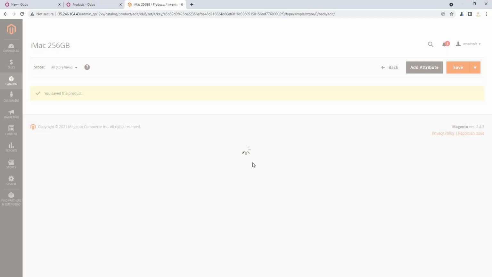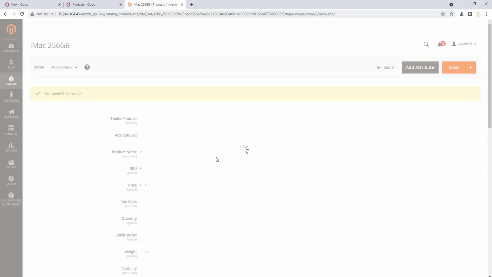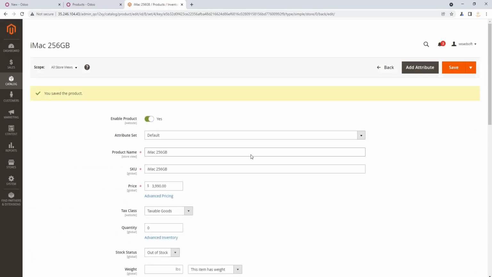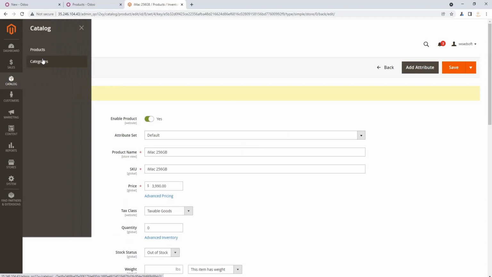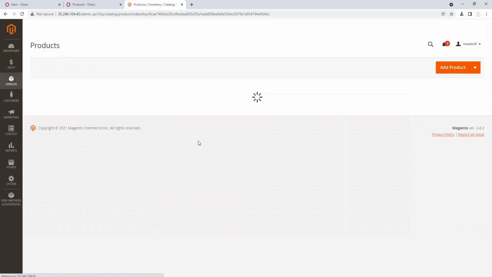It will take a few seconds while storing the product in the Magento 2 internal system. As you can see, the product is added successfully.